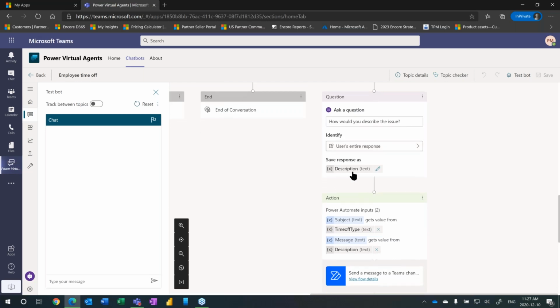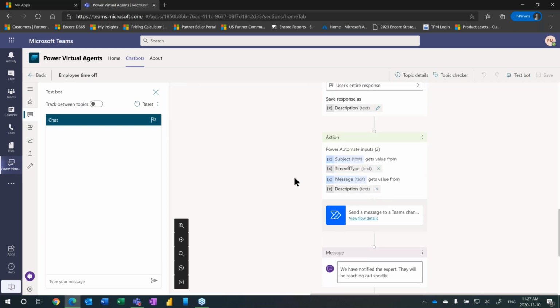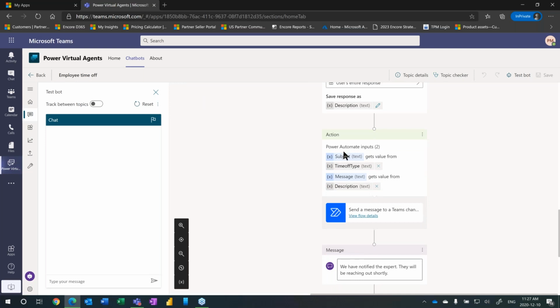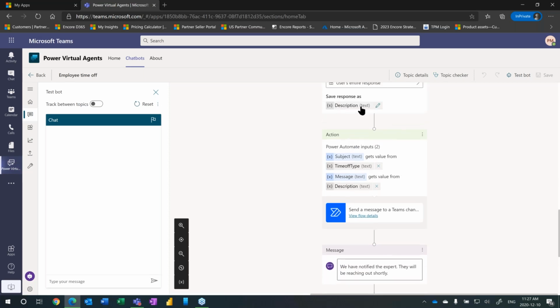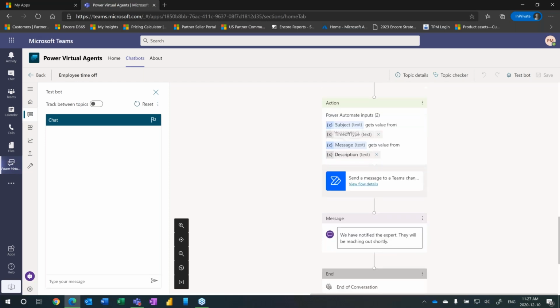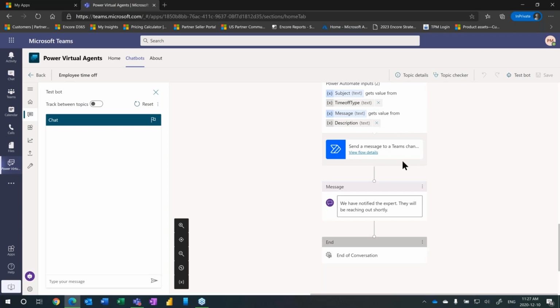So basically there is a description for text, and you saw when I typed in my message in the Microsoft Teams channel that it went ahead and used that information to post into the HR experts private channel. And so here is where I start invoking Microsoft Power Automate and basically have it retrieve the value from the text value that is up here, and then message that over to the Teams channel.